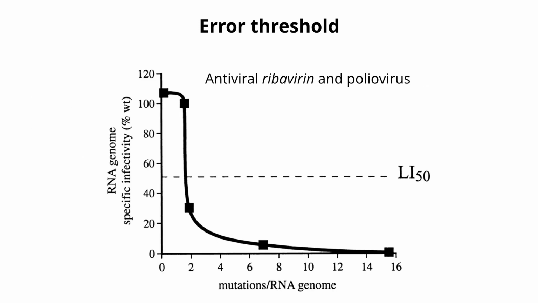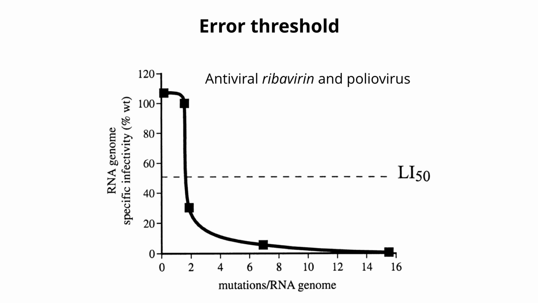So here's a graph of one of these experiments. This is with an RNA virus. And what we are doing here is we're looking at the infectivity of the genome on the y-axis. So we start with wild-type virus untreated, which we set as 100% infectivity. And then what we are doing is we are doing infections in the presence of a drug called ribavirin. And ribavirin is very much like 5-aza-C for RNA viruses. It causes mutations to be introduced into the viral genome. So we add increasing concentrations of ribavirin, and the result, you can then take the viruses from the experiment, you